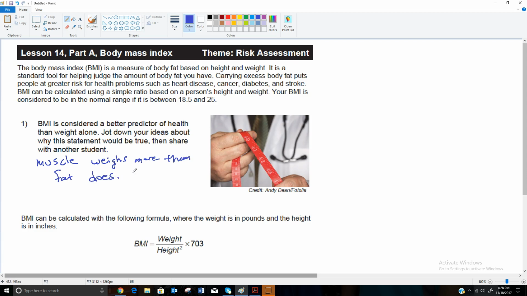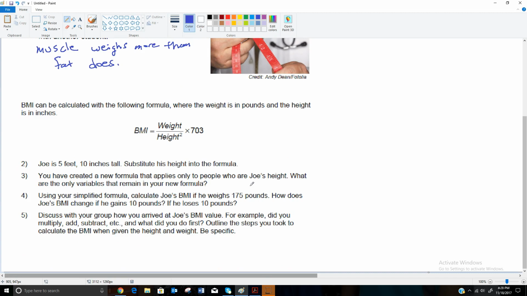Okay, so now let's go ahead and get into the actual formula here. To calculate BMI, the formula that is used is that BMI is your weight divided by your height squared times 703. So we're just going to get some different people here and put this in. A couple things that we want to note is that weight is in pounds and that height is in inches. So we can't put in kilograms or anything like that for weight. We have to put in pounds, and for height we have to put in inches, not feet. So we're going to have to change what they give us.